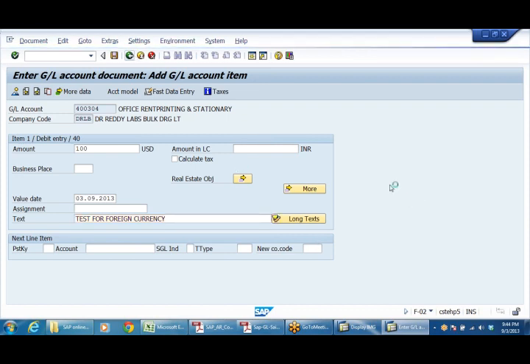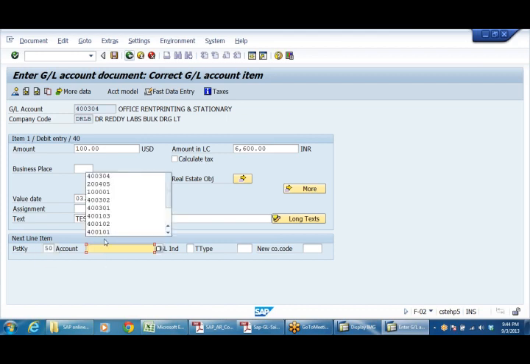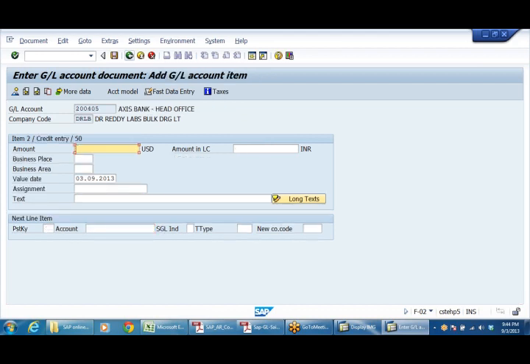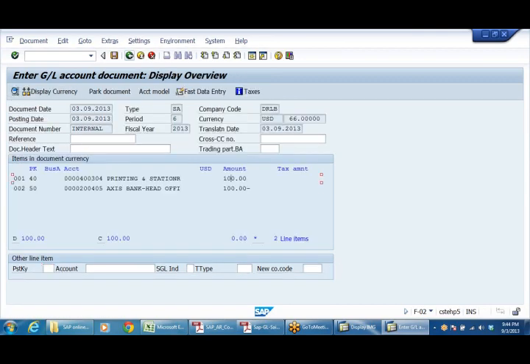Just enter. See here, what is the rate it will take? See, 66 we have given. So whatever the table rate that we have given, the system is taking that rate. 66, right? Can we give multiple rates like buying rate, selling rate, and average rate? Yeah, that is only for valuation, we'll do that. I'll show you. Right, here I'm taking my bank account 50,200,405, same 100. See 100, 100. Okay, let me save it.